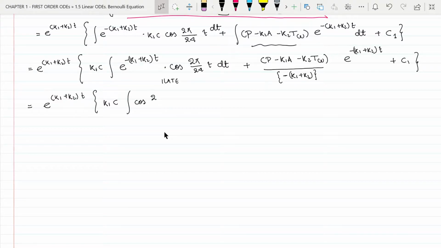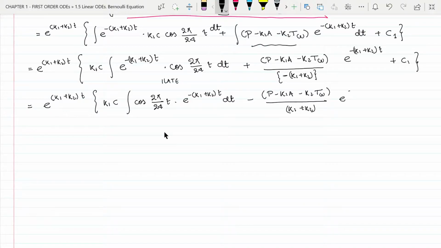So this is cos 2 pi by 24t multiplied by e to the power minus (k1 plus k2)t dt minus, because here there is a minus term in the denominator. So this is (p minus k1a minus k2) t omega divided by (k1 plus k2) e to the power minus (k1 plus k2)